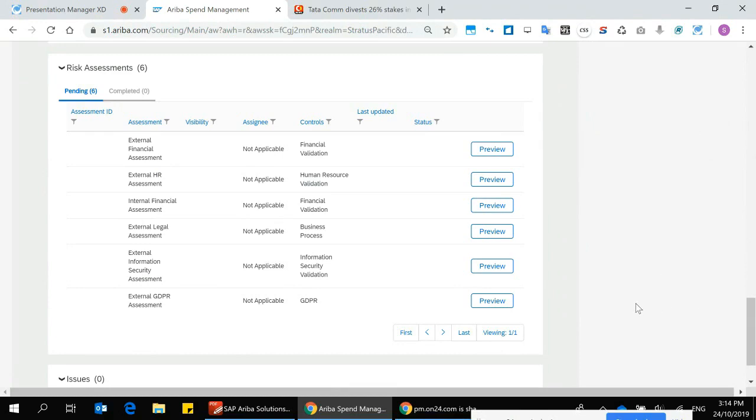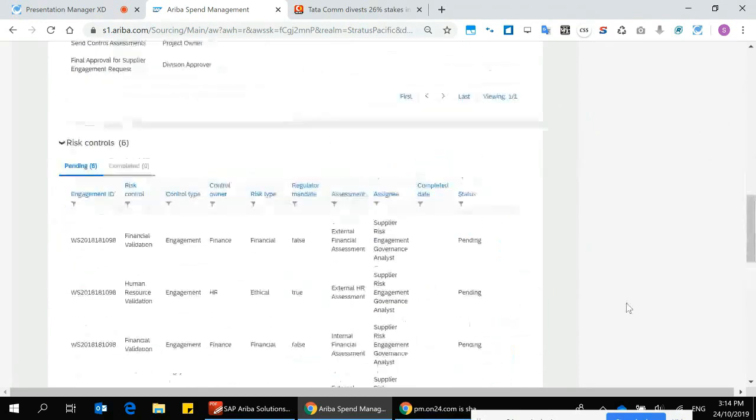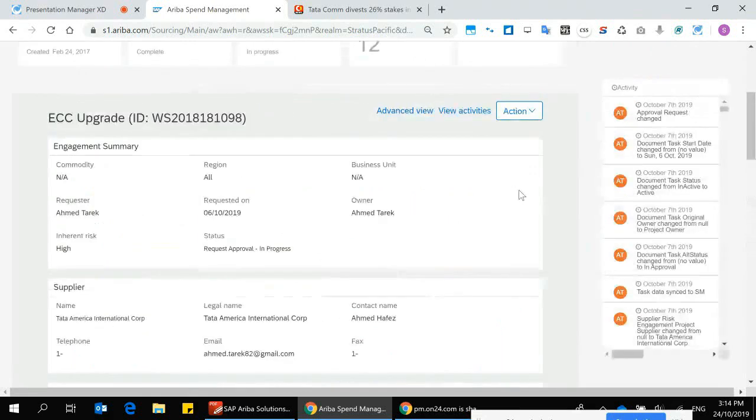And through that process, as we go through it with all the stakeholders and levels of approval, if we do encounter an issue, we're able to very easily go and create an issue. So let's say we do uncover something that requires a little bit of a risk mitigation approach. We're able to create an issue, and that is a mandated process where we can look at what is the issue, what's the root cause, and then determine how we mitigate it. Do we look at some contractual terms? Do we limit the amount of exposure in terms of activity that we do with the supplier, whatever the scenario may be?